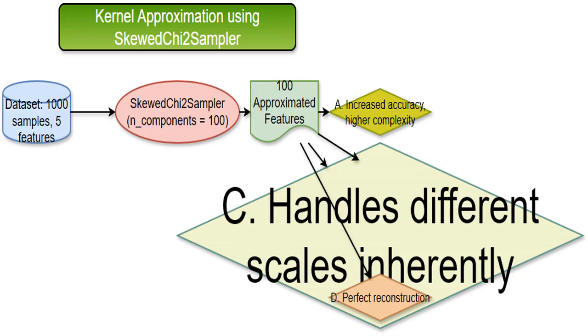SkewedChi2Sampler doesn't automatically adjust for features with different scales. Think of measuring house size in square feet and price in dollars. Those have very different scales. It's best to scale them before using